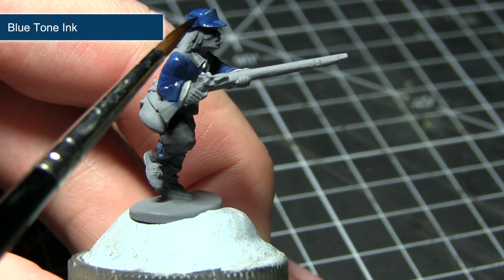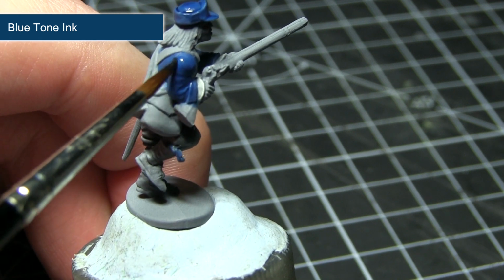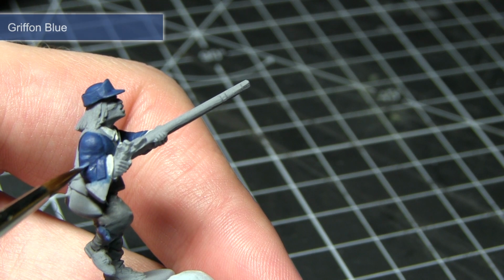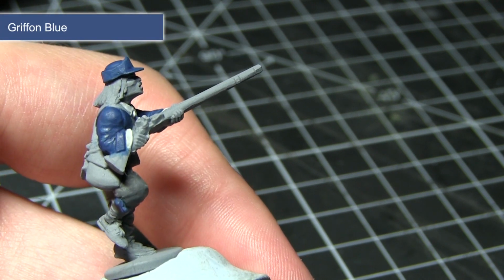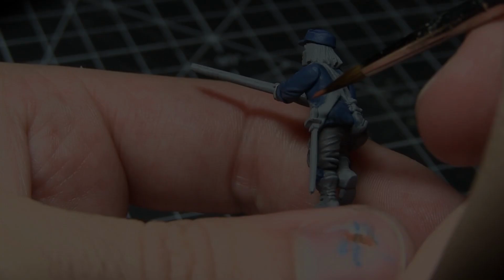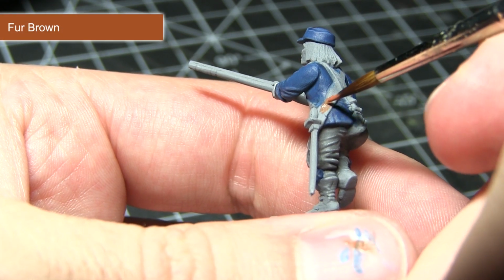The blue ink will create shading by flowing into the recesses, and this will really enhance the detail of these blue areas. The final step in painting the blue areas is to pick out those raised edges with a thin highlight of Griffin Blue. With most of the clothing completed, we can now move on to painting the leather areas